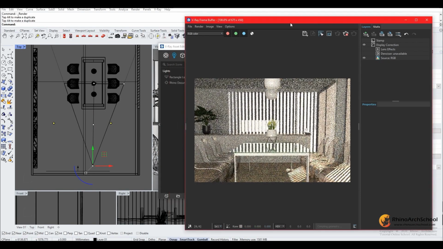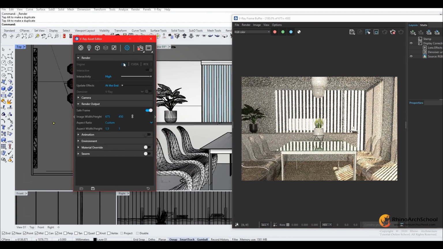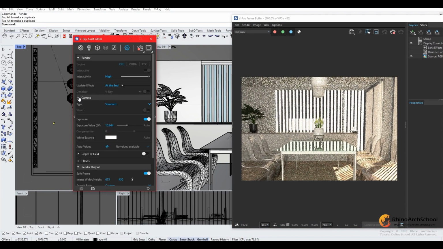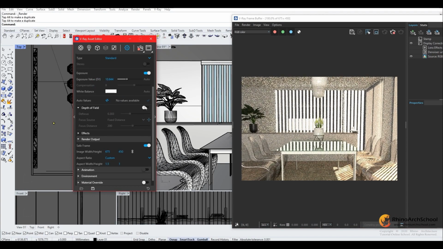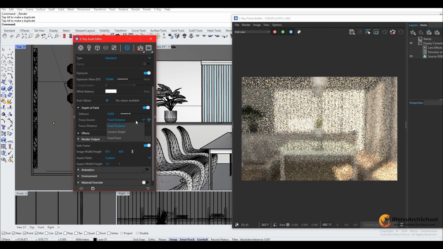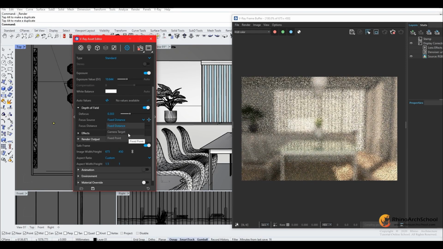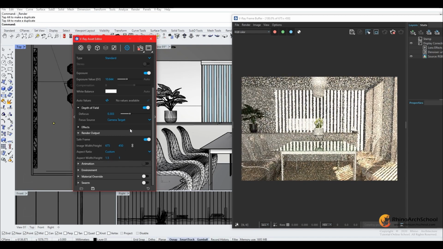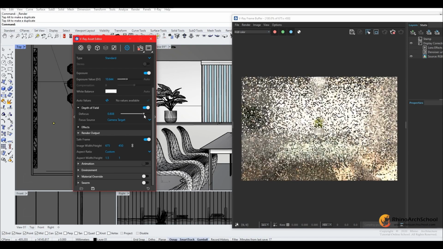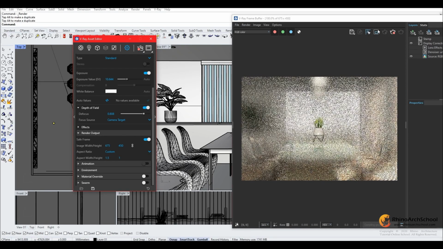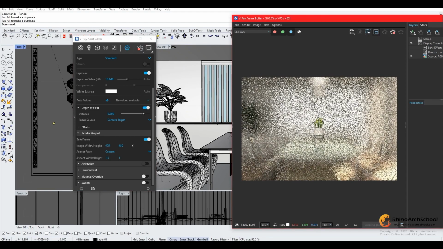And now we're going to be using depth of field. So we go to camera, depth of field, and we turn it on. And we can set this to the camera target. So now the depth of field effect has been applied onto our target here. And we can increase and decrease the amount. So as you can see, by increasing it, it has now kept everything out of focus except for our main